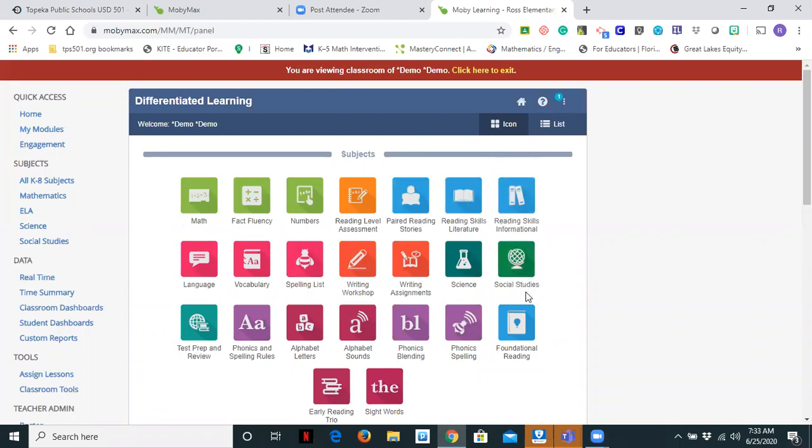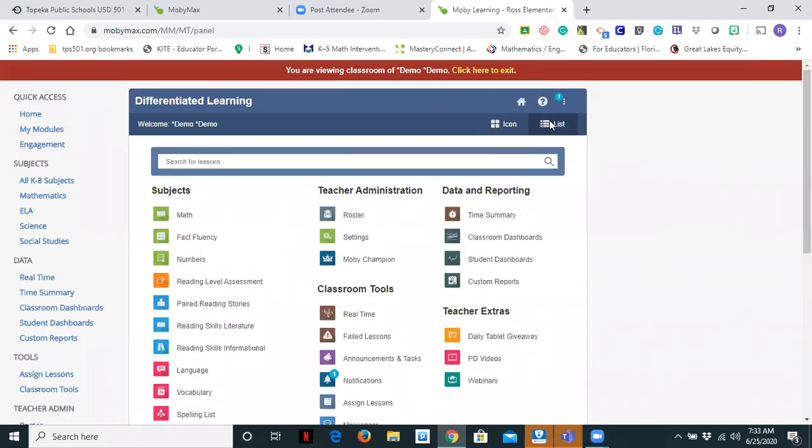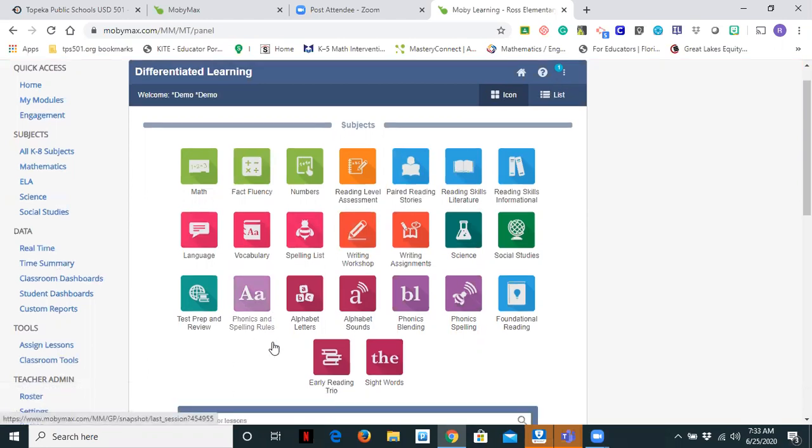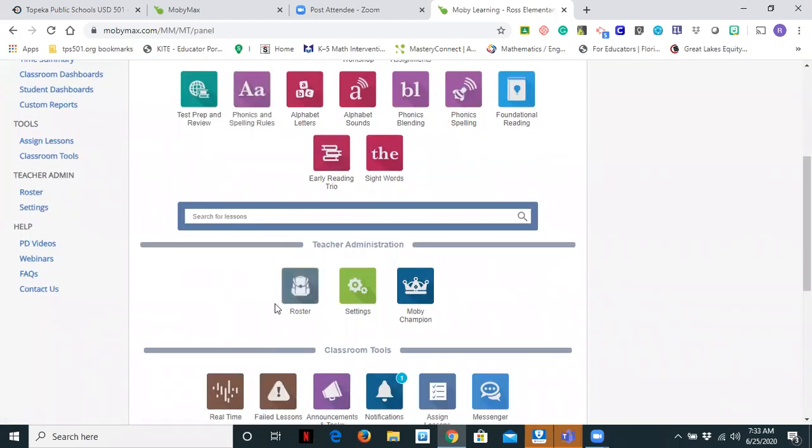So I am in icon view at this particular time. You can also go to list view. It is your preference, whichever is easier and whichever you prefer. And again, these are also in your quick access on the left-hand side. So if I scroll down here to settings,